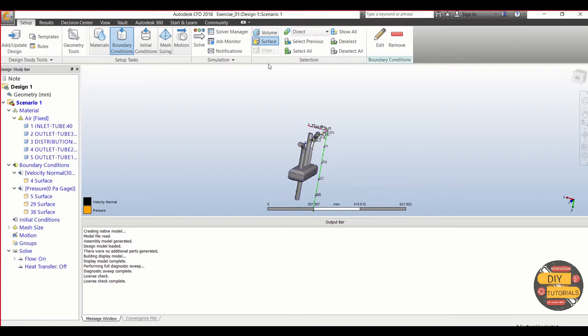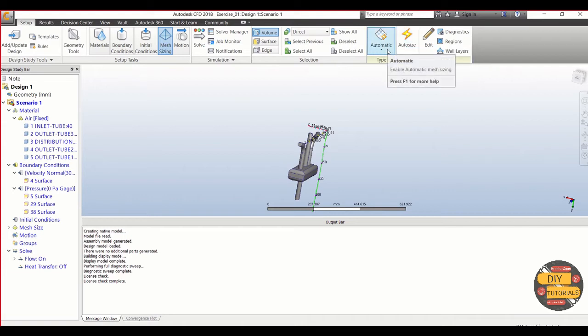Now let's do the mesh sizing. In order to do the mesh sizing, click on this tab. Here you can go for automatic sizing or auto sizing, or you can do it manually. Right now I'm going to show you the automatic method.